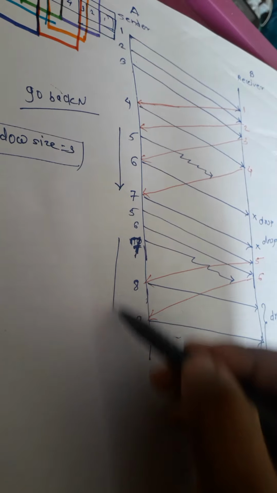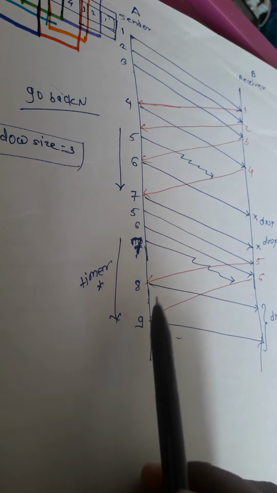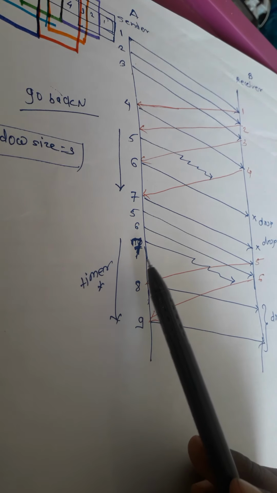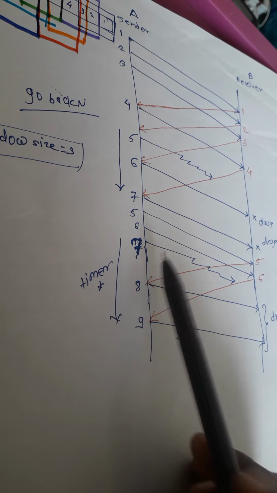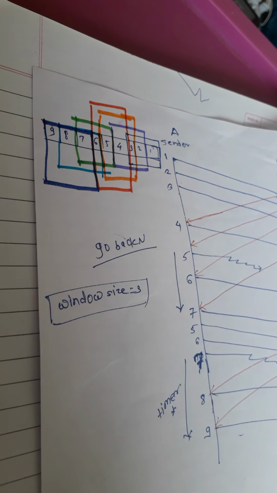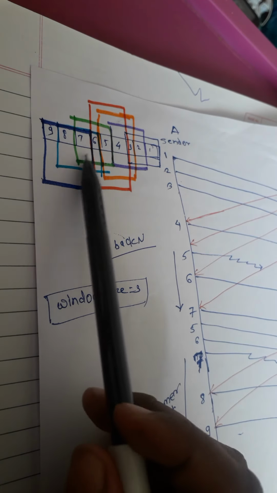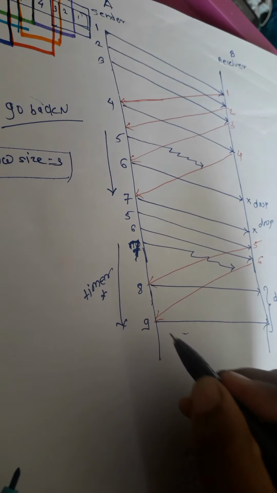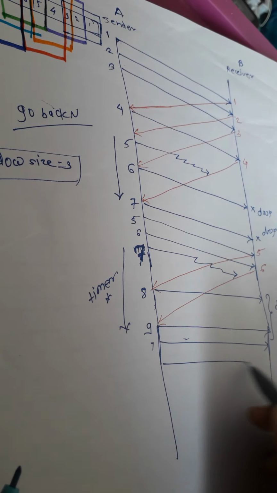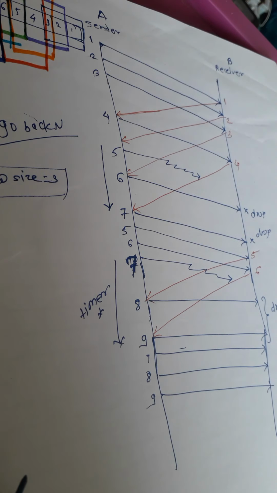So what will happen again? According to the timer, the timer will go off here after some random amount of time. So the sender will identify that the 7th acknowledgement has not yet been received, so I have to retransmit it again. Now by using the go back N retransmission method, the current window consists of frames 7, 8 and 9. So all those frames need to be retransmitted. 7, 8 and 9, all have been transmitted.